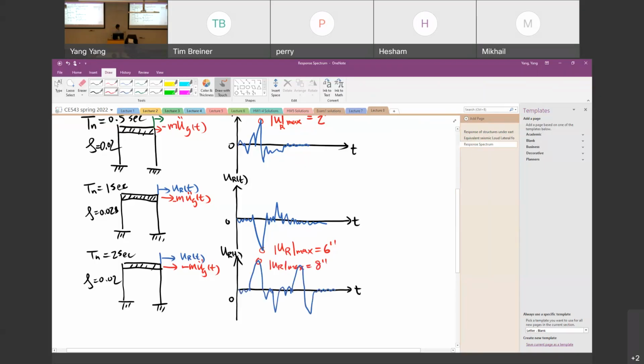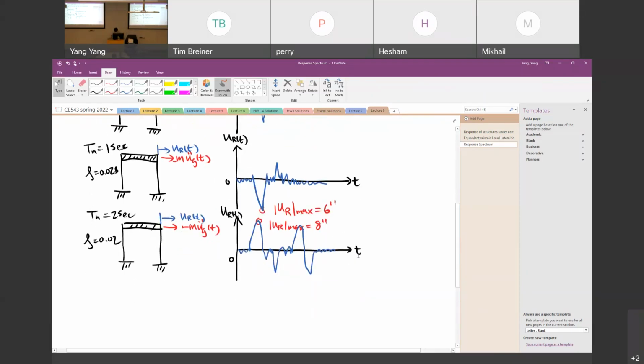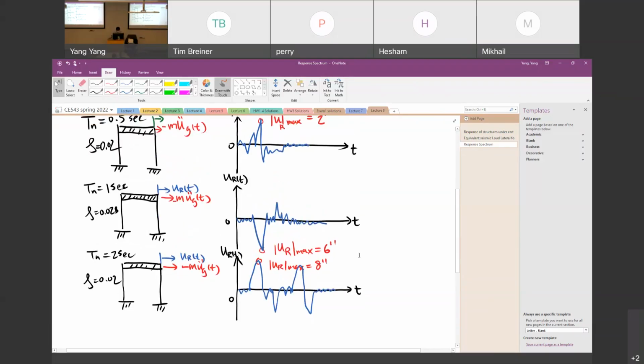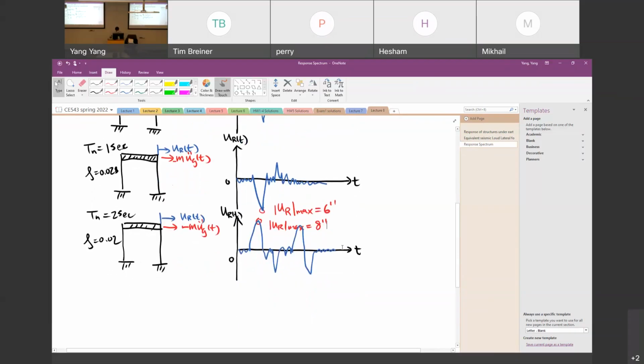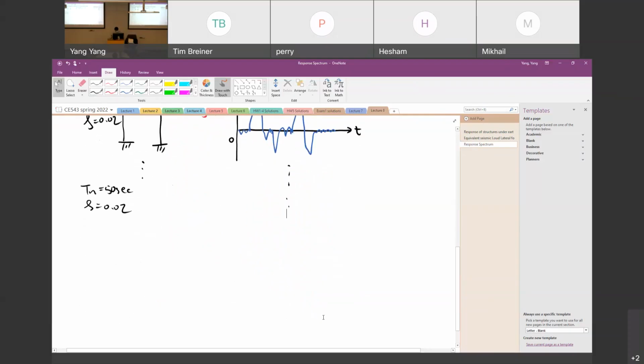Eight inches. The maximum maybe 8 inches. Make sense? So now we would like to do one more example. The Tn maybe up to 50 seconds, so that the response may be different. So then we should be able to